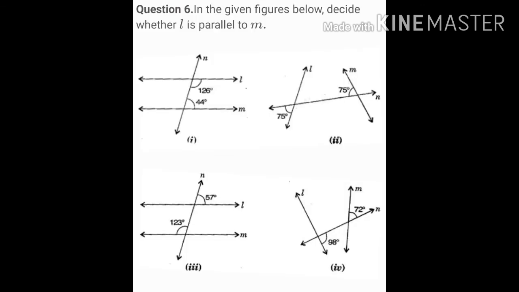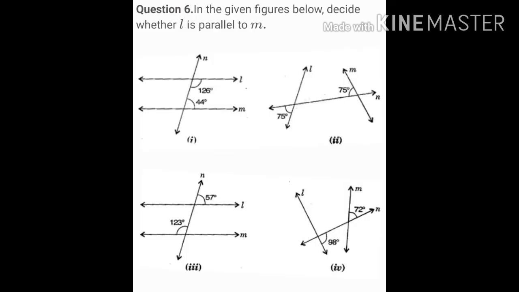In the second part, it's given that BC is parallel to EF and DE is the transversal line. So DGC is equal to 70 degree. Because angle DGC is equal to angle DEF, as these are corresponding angles, therefore angle DEF is equal to 70 degree. This we have substituted from equation 1. Very easy it is, children. Try to observe and understand how to place the values of the angles.